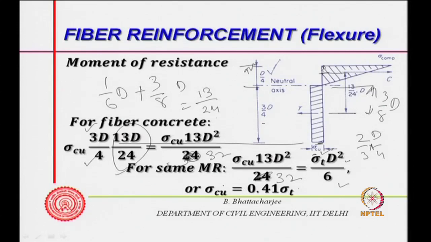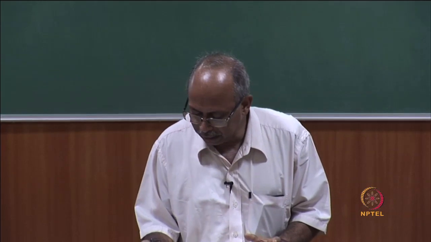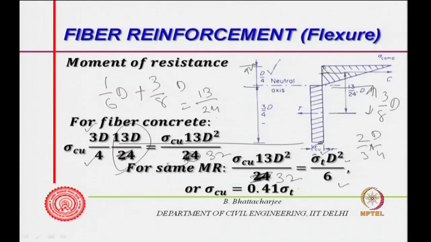Now, if I have to have the same moment of resistance, please cancel this out, it is not 24, it should be 32. So, this is 24 all right, this should be 32. So, it is 13 by 32 d square. So, the moment of resistance is given as sigma Cu 13 by 32 d square. Now, if this has to be same as